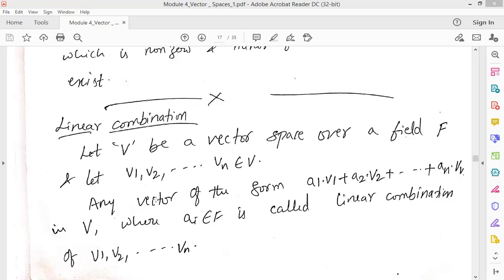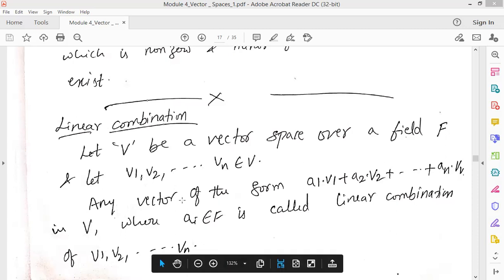Any vector which is of the form a1 v1 plus a2 v2 plus a3 v3 and so on up to an vn, which belongs to the vector space, where a1, a2 up to an, in general represented as ai, belong to the scalar field, such an expression is called the linear combination of v1, v2, v3, v4 and so on up to